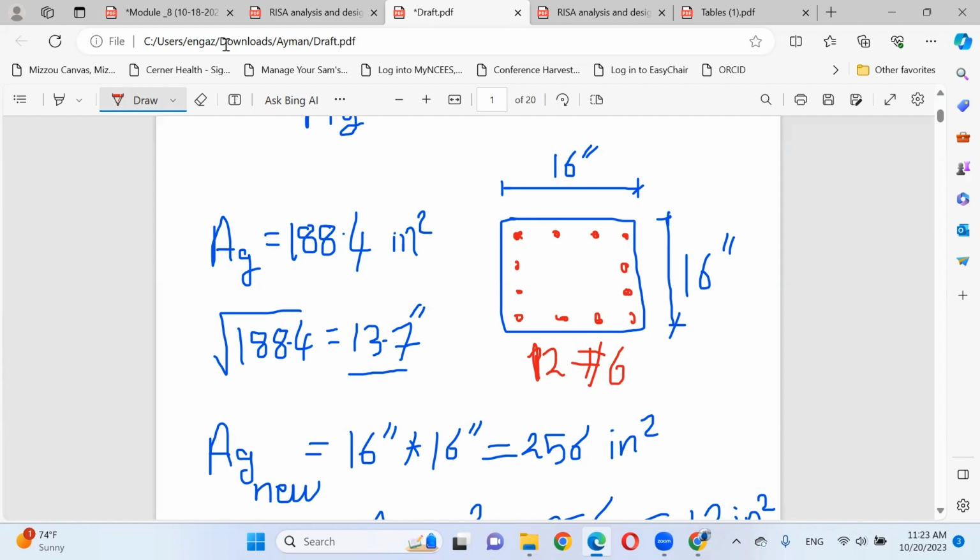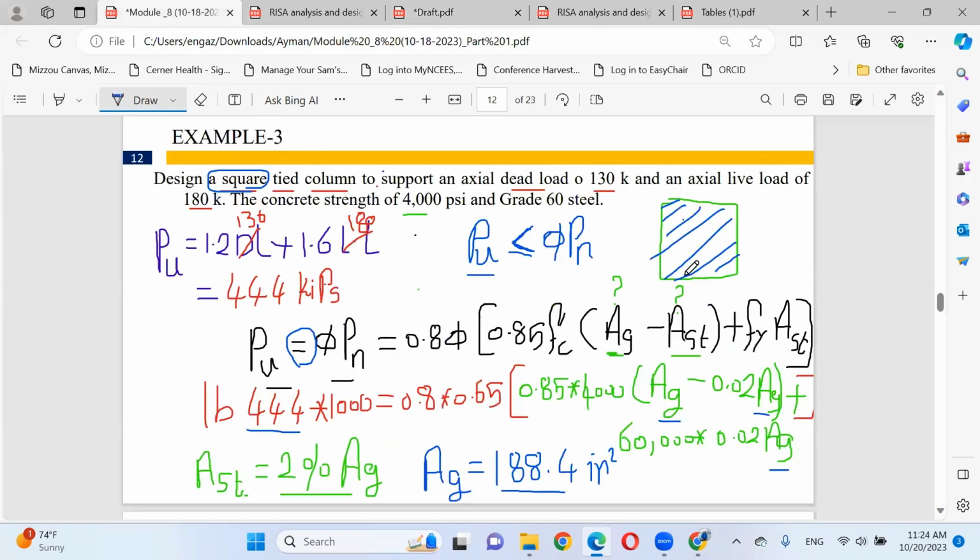So if you have a problem like this one, and you need to design, because we designed something from scratch, we are only given the reaction from structure analysis, and I will show you how to get this reaction later. To start your design, I'm going to assume my area steel as a percentage of area gross, and you have a range of 1 to 8.